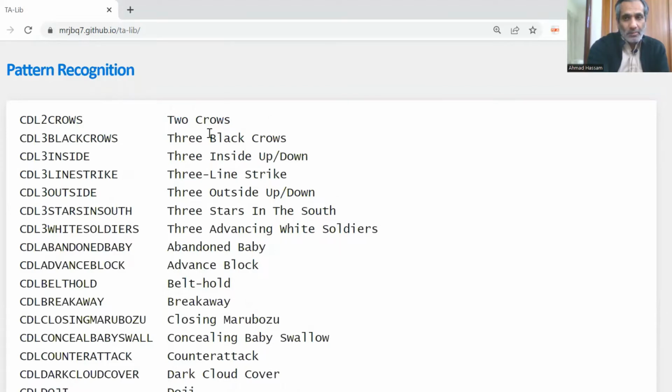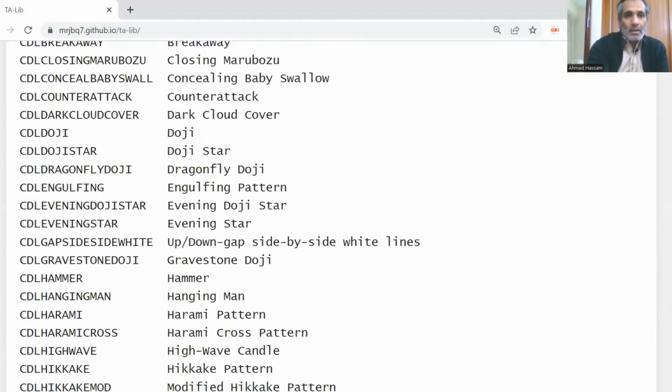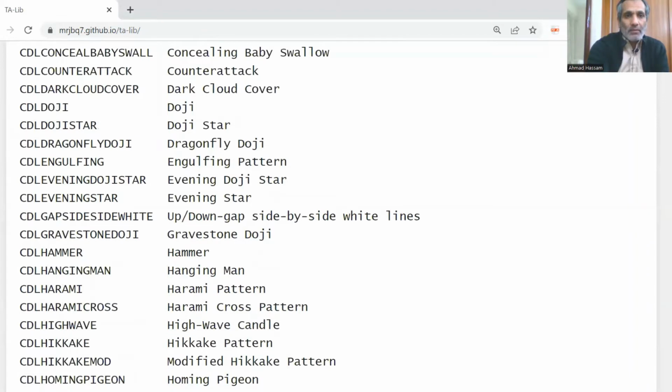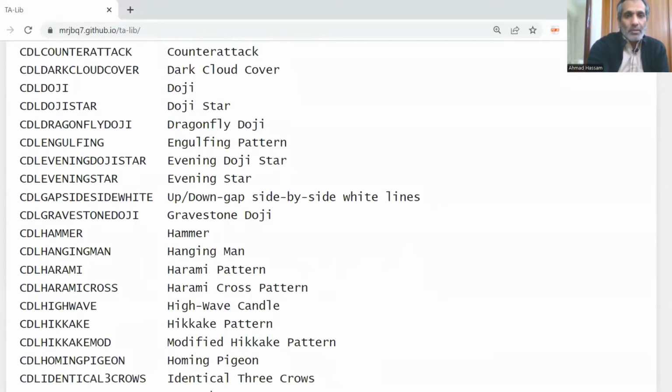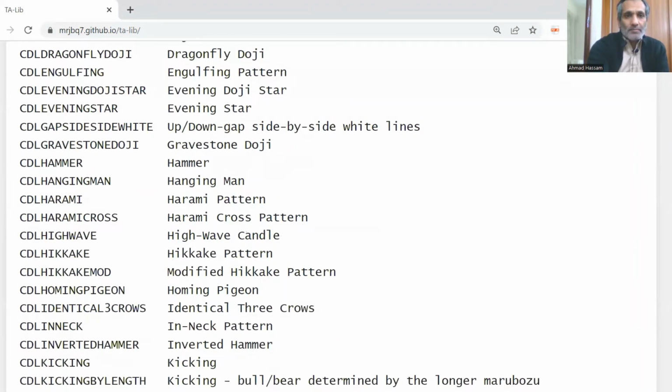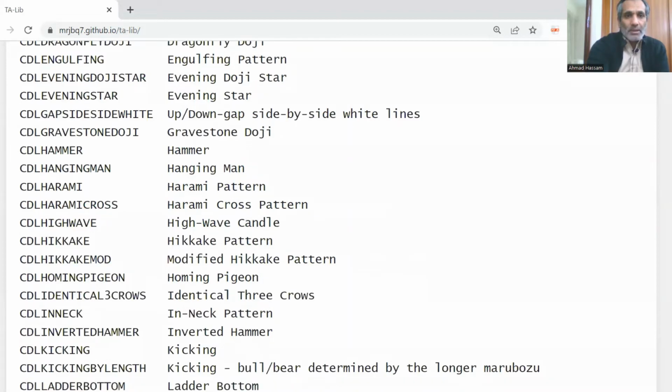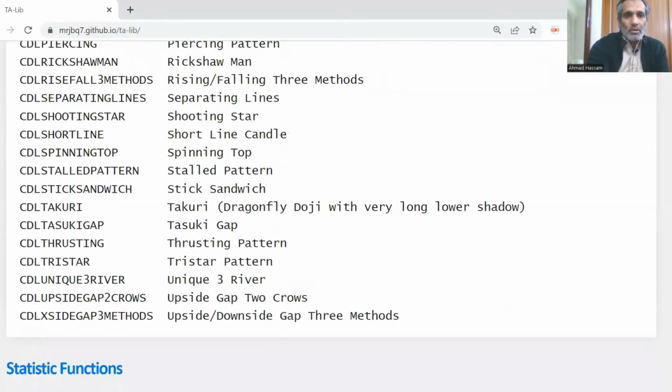For candlestick patterns, it can recognize two crows, three black crows, three inside up/down, three-line strike, three outside up/down, three advancing white soldiers, abandoned baby, advance block, belt hold, breakaway, closing marubozu, engulfing pattern, dragonfly doji, evening doji star, evening star, hammer, gravestone doji, and it's a long list.